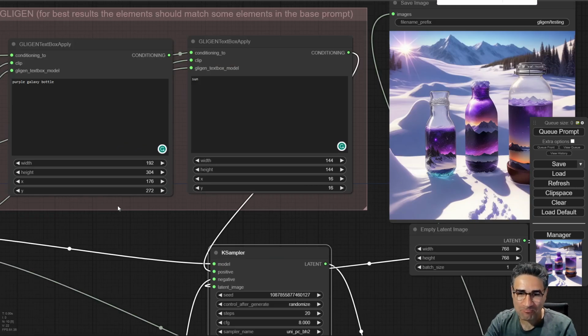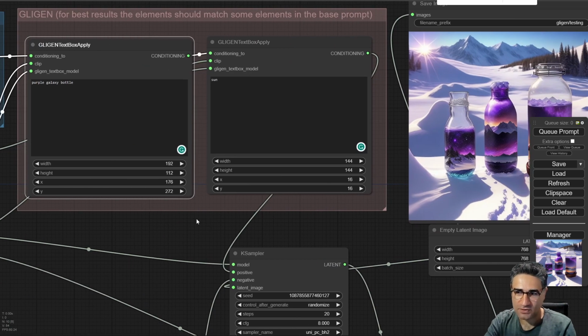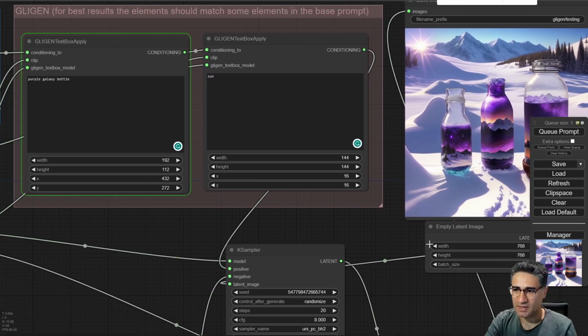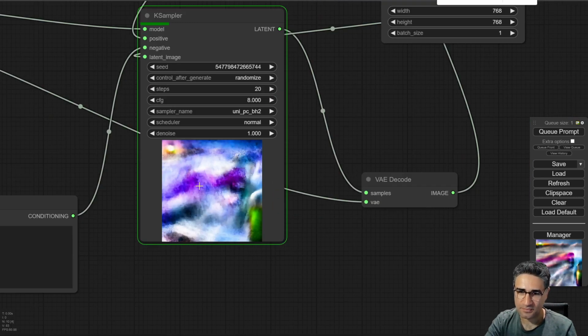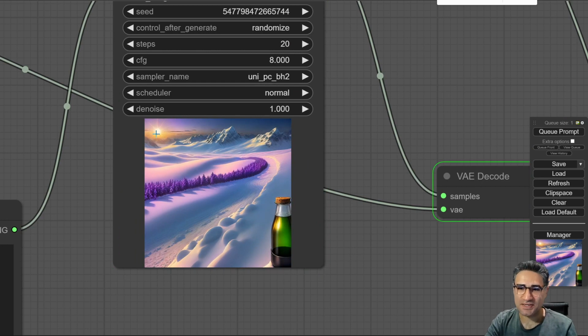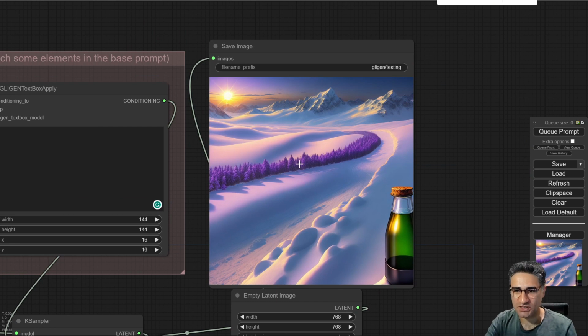This time, at first I want to make them smaller. Okay, and I want to adjust the position on the X. I want to send that to the right. Okay, about that. And Q. So in this new image, you can see that the position of the bottle also is changed, and we have